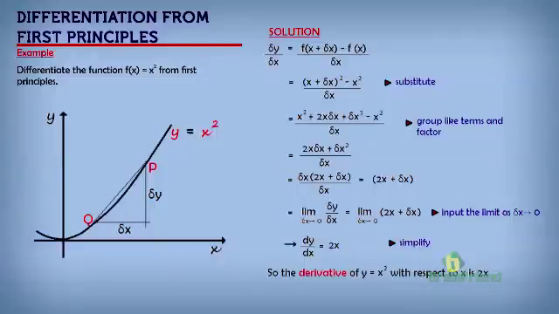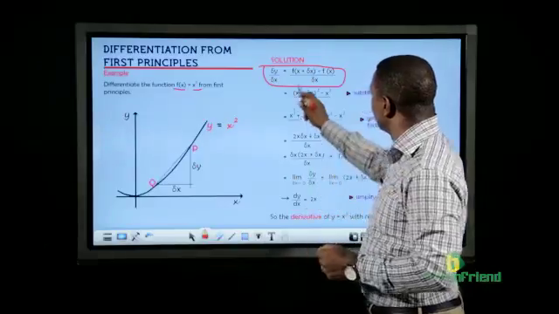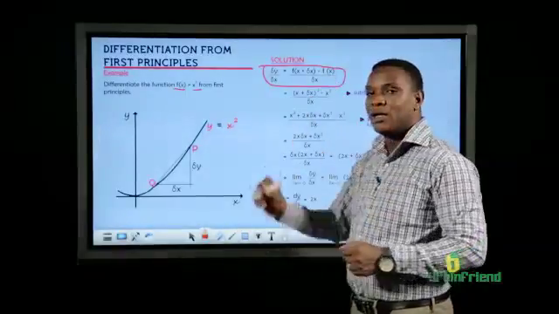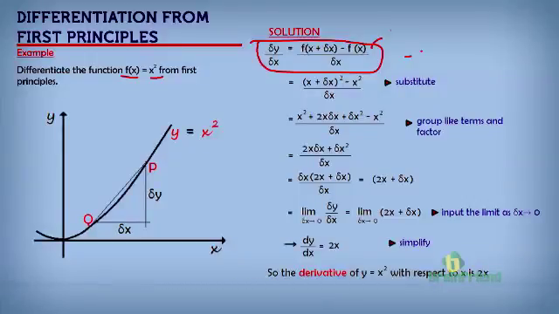Let's go on. Once again, let's take another example. Let's see how we can differentiate from first principle the function f of x is equal to x squared. Remember our first example was x, but now we have x squared. So how do we go about differentiating this function from first principle? Once again, remember our formula. We said delta y over delta x is the function of x plus delta x minus the function of x, all over delta x. This again is our fundamental formula of differentiation